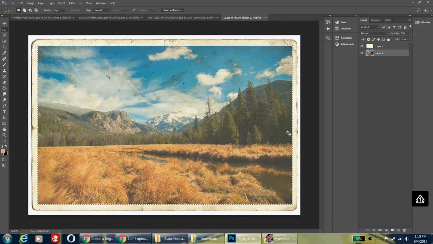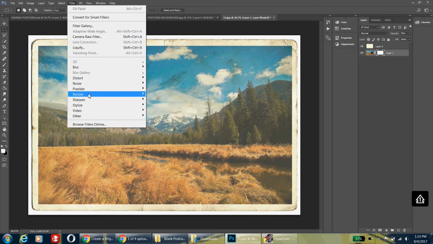And then at the bottom of the layers panel, you're going to click Add Layer Mask. So it looks like this button right here with a piece of paper with a circle cut out. Okay? So you'll see something appeared right next to your landscape. You're going to click that layer mask thumbnail you just created in the layers panel. So click it. And at the top, you're going to go up to Filter,